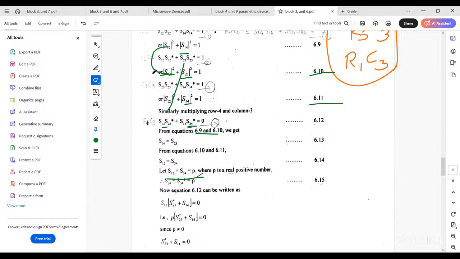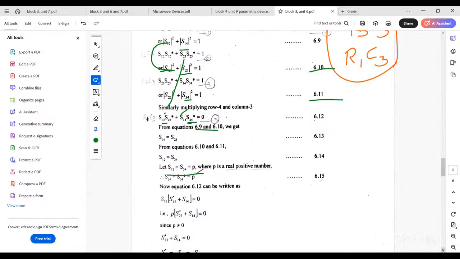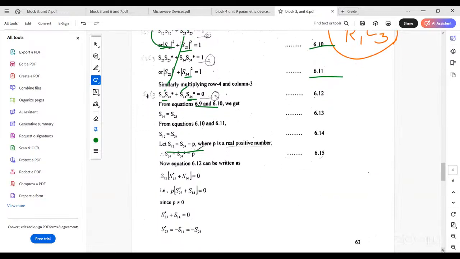What is left? S23 is left to this side, S14 left to this side. This is made common. And I am treating that as P is not equal to 0, S23 equal to S14, or S23 equal to minus S14. In these 3 places, we have to insert P. After this,